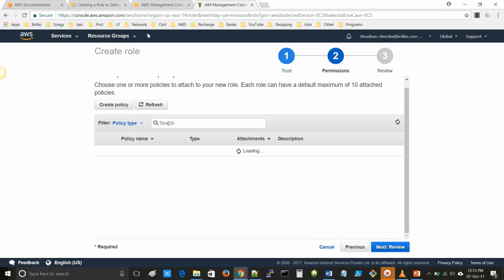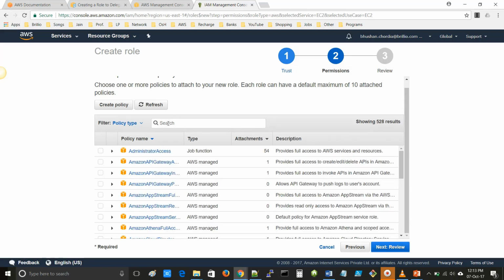Now we will select the permission. You can choose one or more policies to attach to the new role. Each role can have a default maximum of 10 attached policies. Either you can choose a policy from here by selecting the checkbox, or you can create a policy by clicking on Create policy.